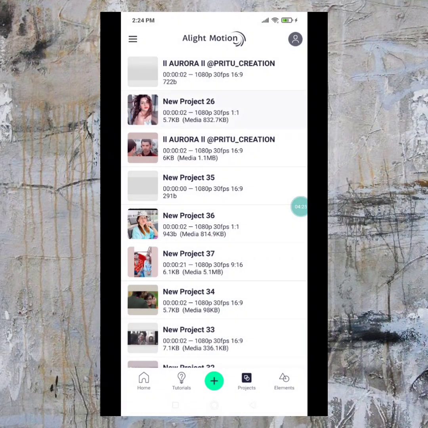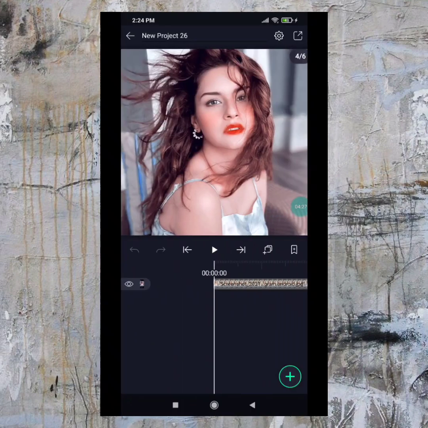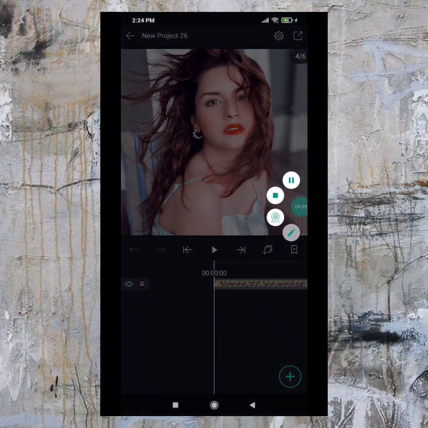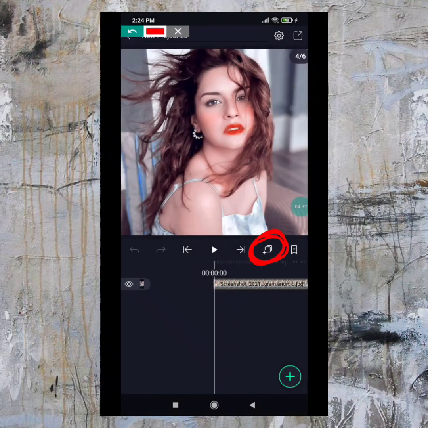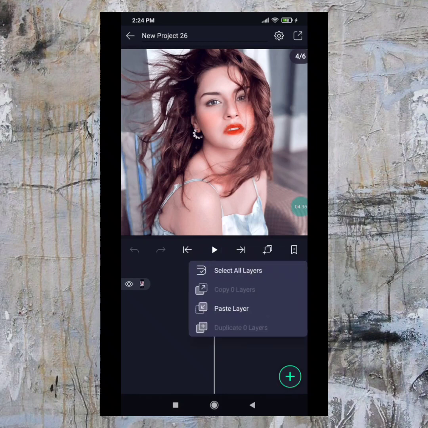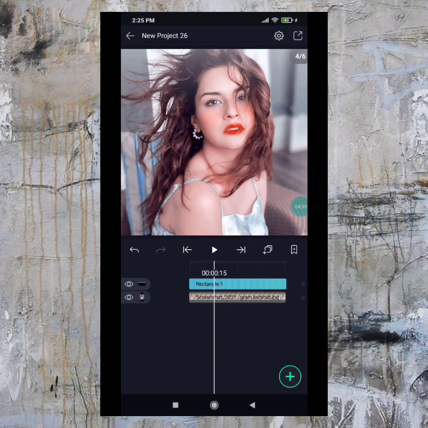Now once the layer is copied, go back here and click again. From this option you can copy or paste the layer. Now click on this and paste layer. So you can see the difference. This is without the rectangle, this is with the rectangle.